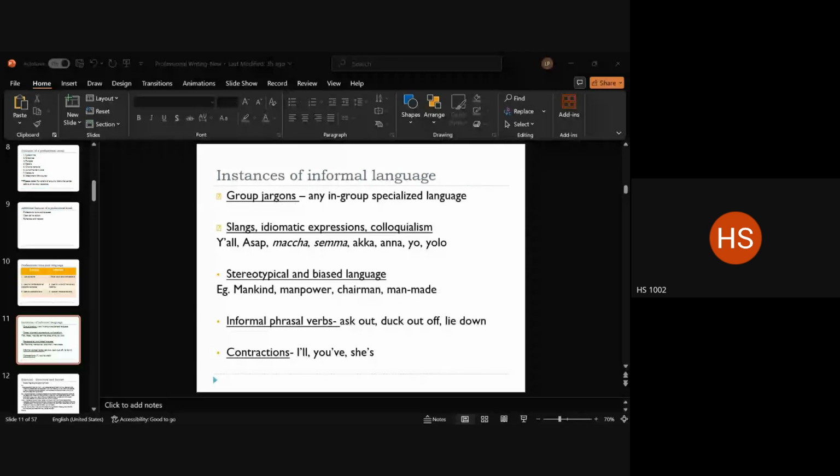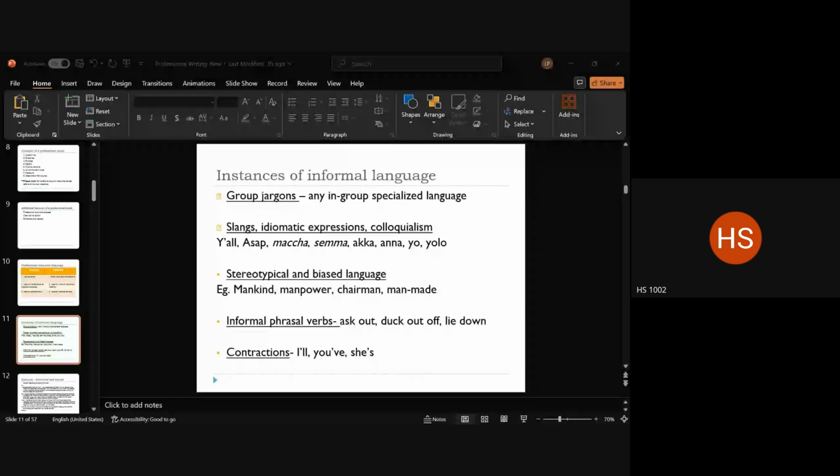So one needs to ensure that when you're writing a document professionally, your language doesn't carry the bias of any social category. I've only given examples based on gender bias because that's the easiest one to decode in a language.